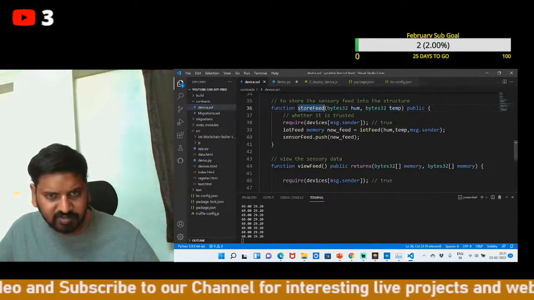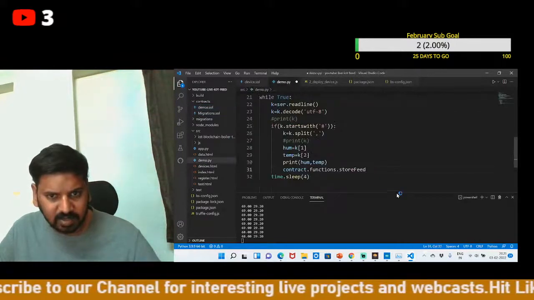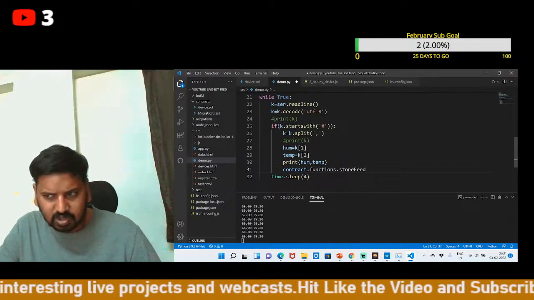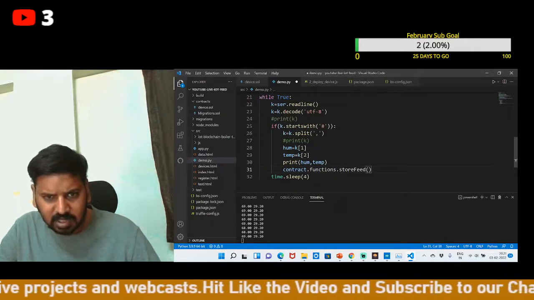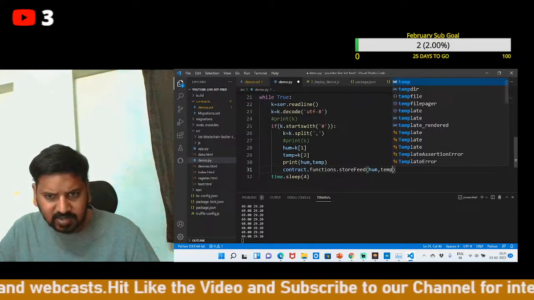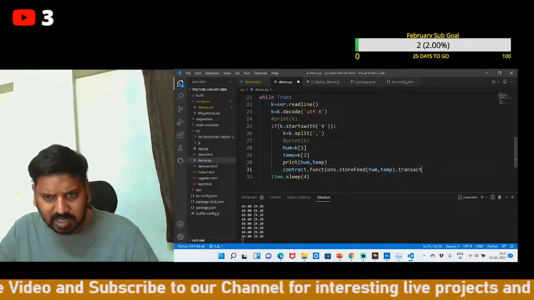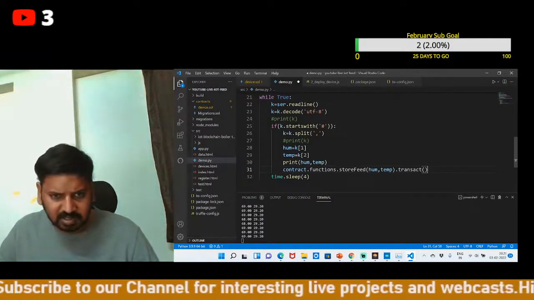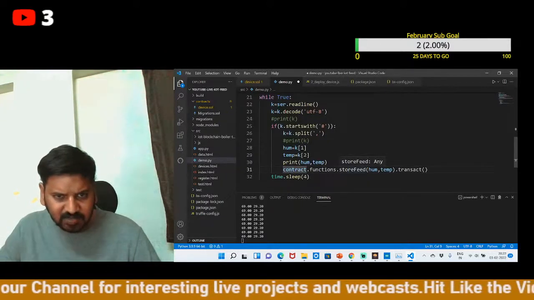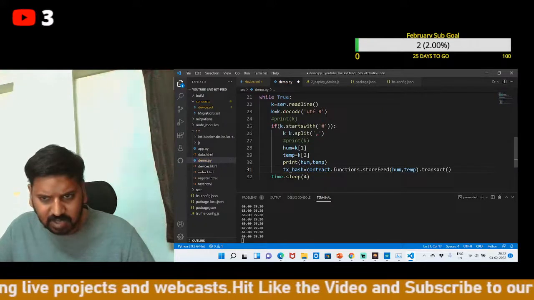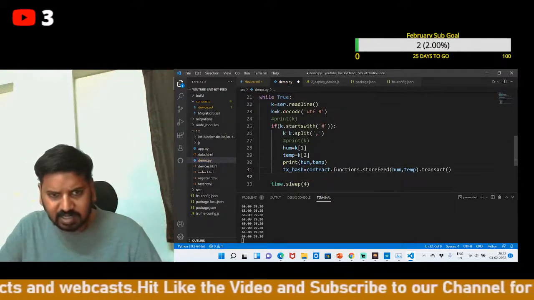Store feed is nothing but a function which reads the data and pushes it to the IoT blockchain network. To store feed, we have to pass the humidity value and temperature value. Then .transact makes a transaction. Whenever you make a transaction, you'll get a hash value, so that hash value I want to store in tx_hash, and we have to wait until this transaction